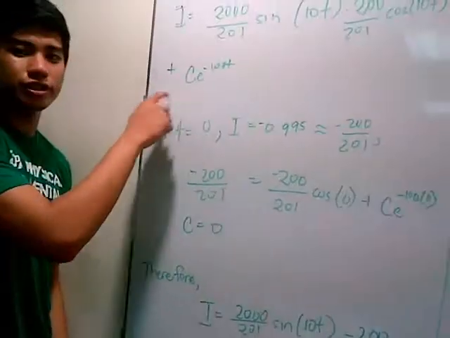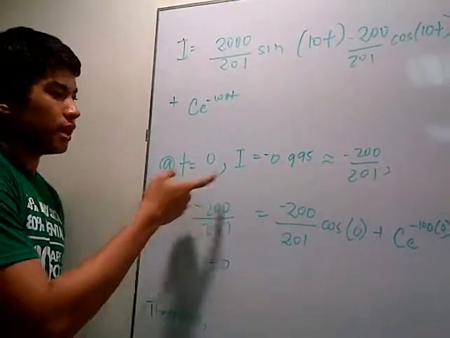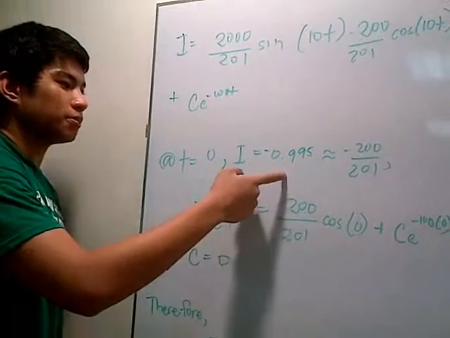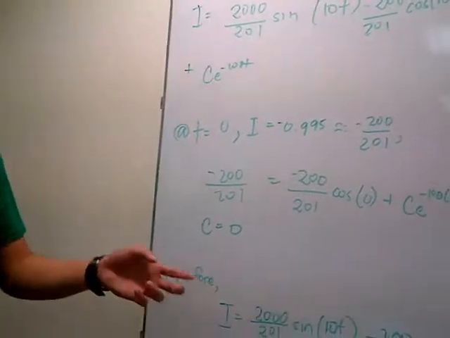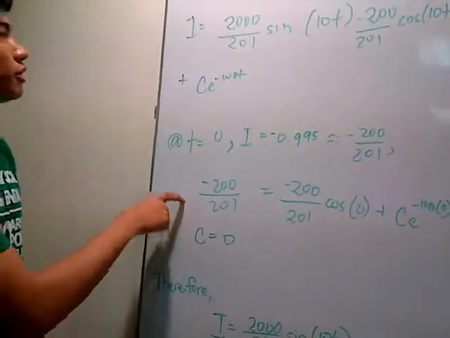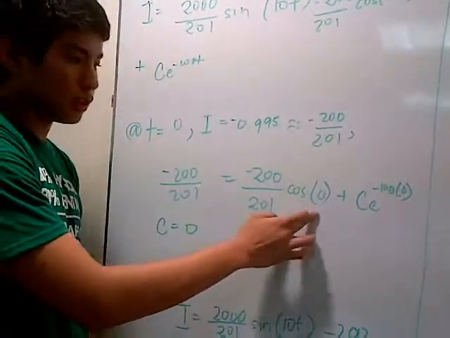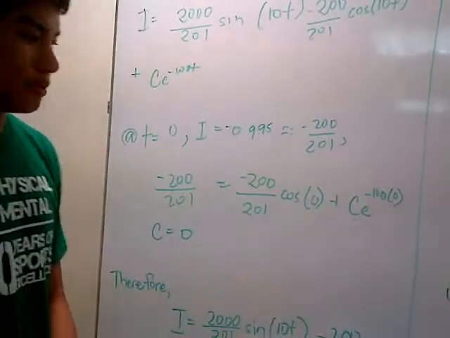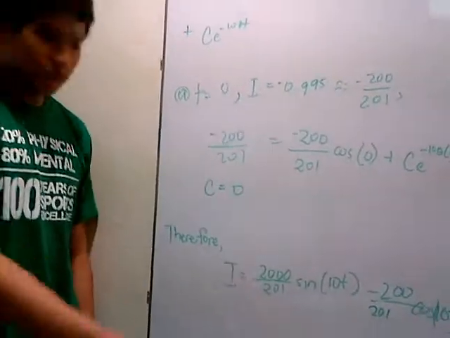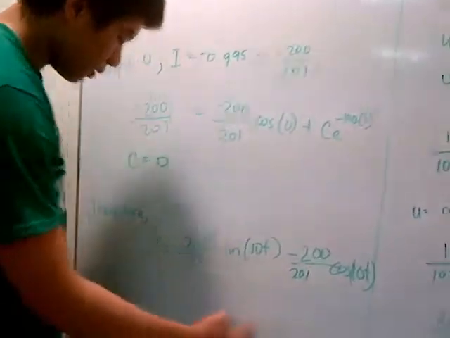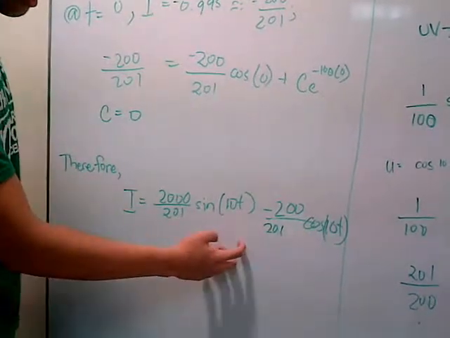After doing that, you have to solve for C. By solving for C, you use the initial condition that at time 0, the current is 0.995 amperes, which is approximately 200 over 201. Now you substitute the terms: 200 over 201 equals negative 200 over 201 cosine 0 plus C e raised to negative 100 times 0. This just gives 1, wherein you get C equals 0. Then you get the answer for letter A, wherein i equals 2000 over 201 sine 10t minus 200 over 201